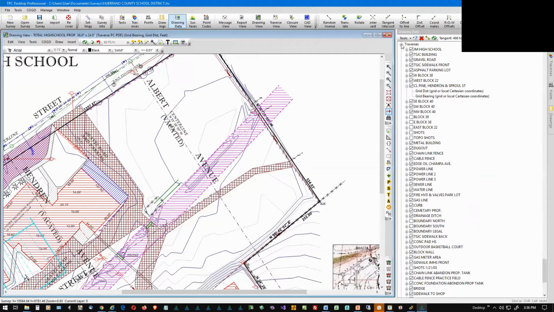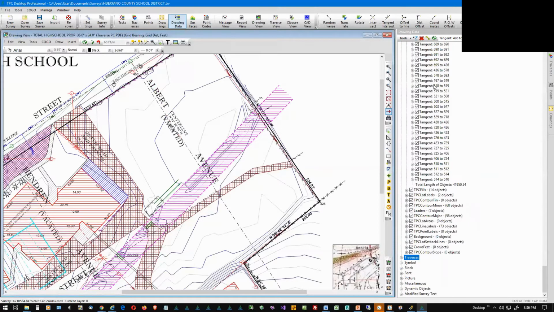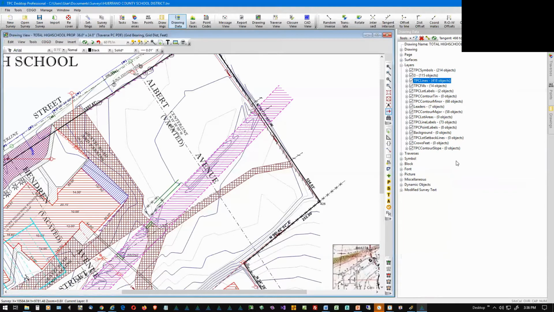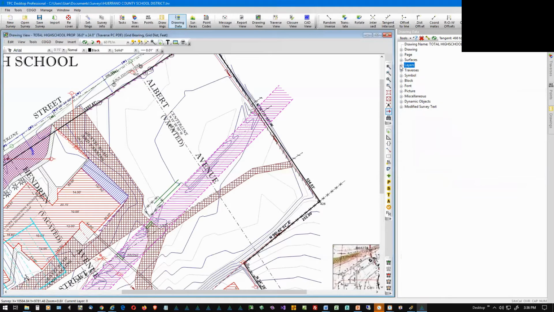All right. So traverses, layers, boy, there's a lot of stuff here, and we will be adding a collapse all, so you don't have to scroll all this way up to do that. And that will be in the program very soon. That will be in the 2020 release. So there's layers, traverses,